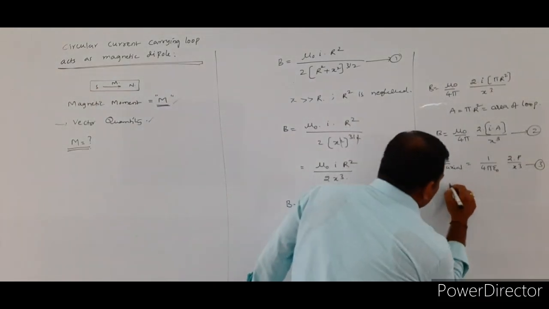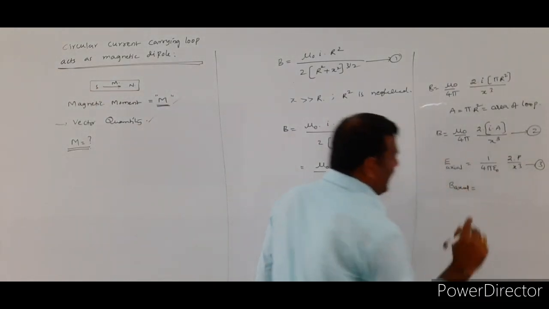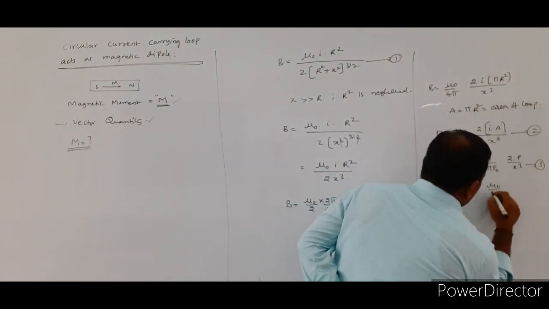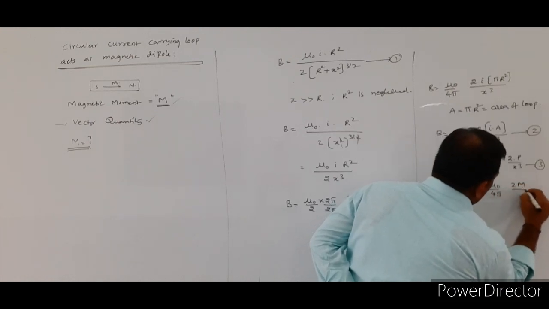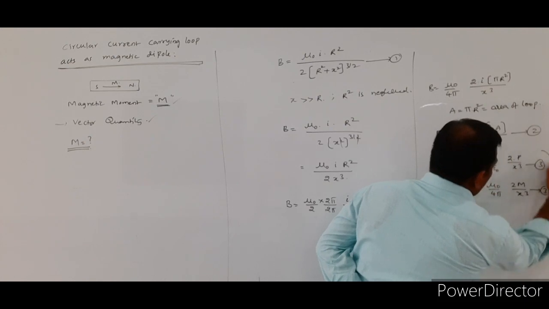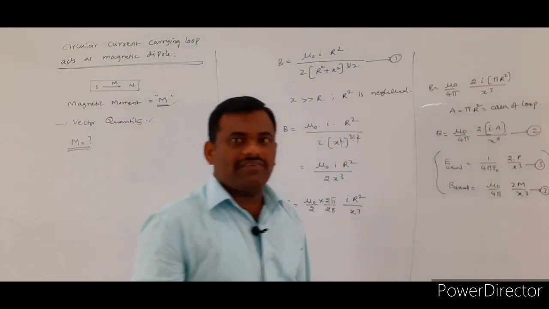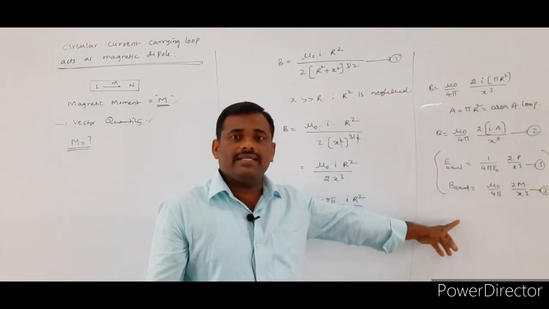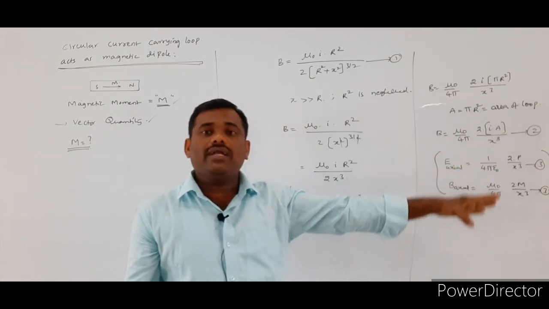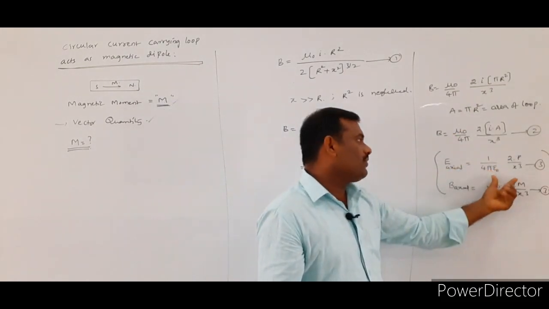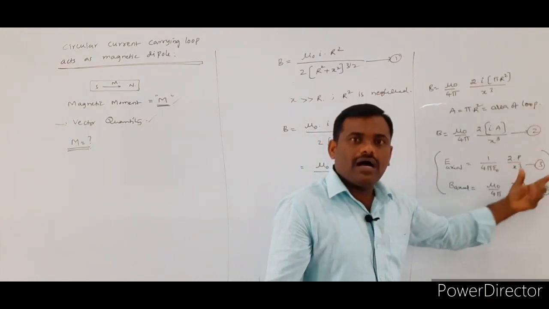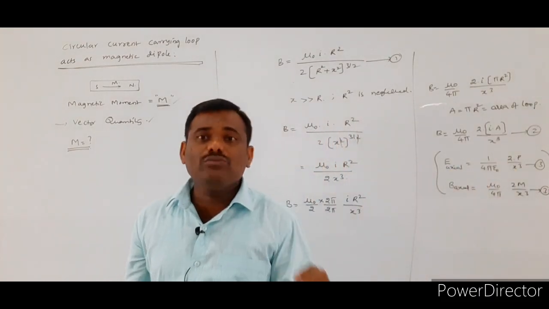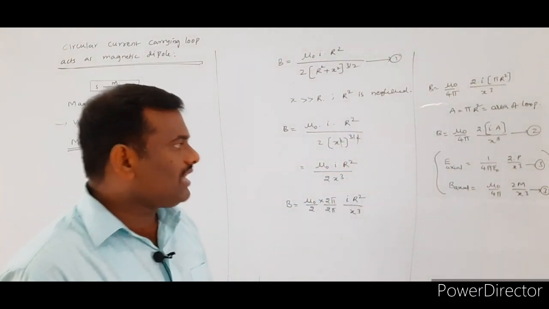Suppose you take the magnetic field intensity on the axial line. In the next topic, magnetism, you will get the formula mu naught by 4 pi, 2 into m by x cube. Whether you consider the electric field concept or the magnetism concept, the field intensity at a point on the axial line is given by either 1 by 4 pi epsilon naught 2 into p by x cube or mu naught by 4 pi 2 into m by x cube. There m indicates the magnetic moment of the bar magnet.